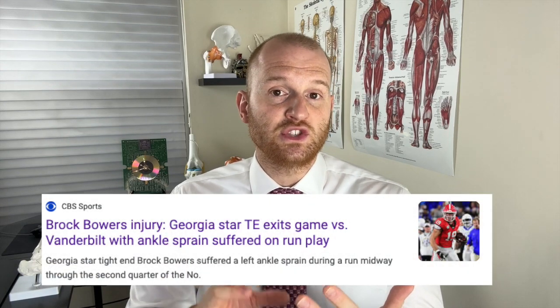Today against Vanderbilt, we saw Brock Bowers go down with a lower leg injury. Initially, people were unsure as to what exactly was going on with the injury because he limped off the field and right after the play punched the turf in frustration. Currently, sources are saying that he has had X-rays on his ankle area, and so far they've come back